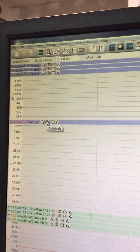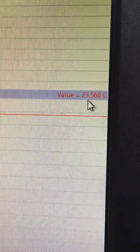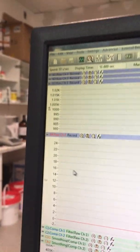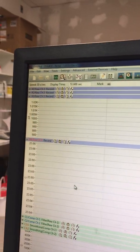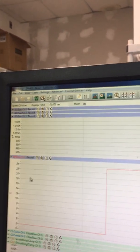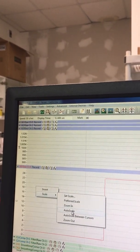start recording. I'm on channel 4 here, and right now I need to click onto the auto scale because it was out of the range on here, and I could see the value with the decimal points here onto the top of the channel. And here I don't see the decimal point, but I have the way of adjusting how I want to see the scale. So I can click onto the preferred scale and it shows me the value, and I click on the auto scale. It might adjust a little bit, and you have the option of